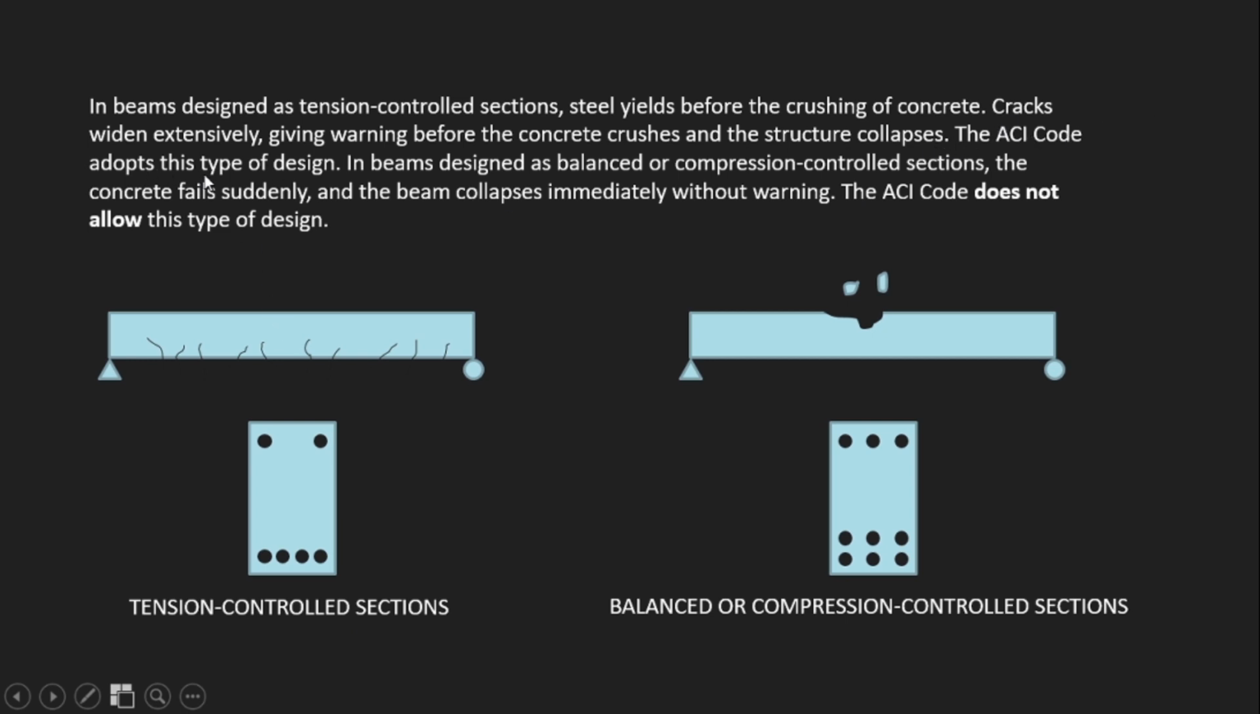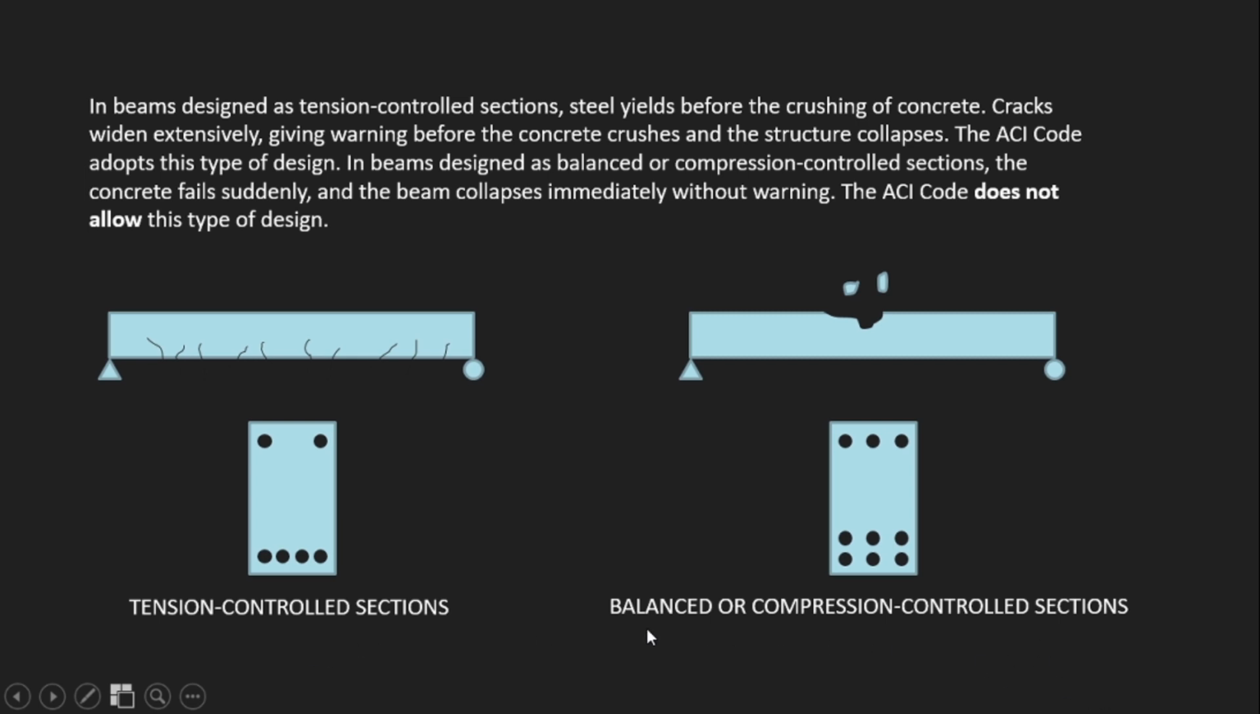So ito yung ina-adapt natin in designing of beams. So in beams designed as balanced or compression controlled sections naman, the concrete fails suddenly and the beam collapses immediately without warning. So the ACI code does not allow this type of design. Even our code na NSCP, adapted lang naman nila yung ACI. So in designing of beam, kung sakali man mag-fail yung beam natin, at least dapat tension controlled section sila,